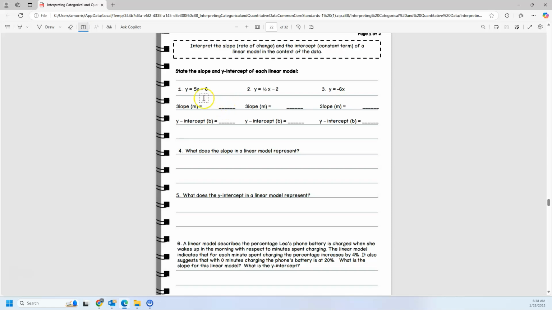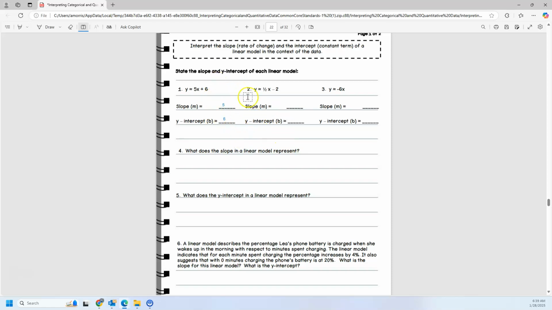So if we look here, what is the slope, okay? The slope is always next to x. So here, the slope is 5, okay? And then it asks you what the y-intercept is, okay? The y-intercept is the number that's being added or subtracted, so it's 6. So if I was to graph this, I would start at 6, and I would go up 5 over 1,